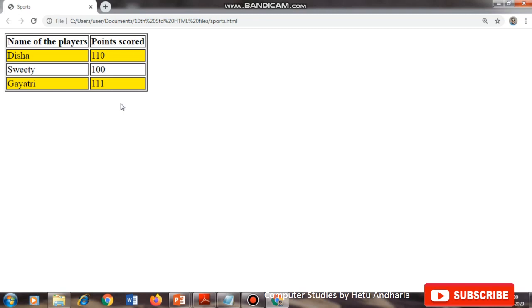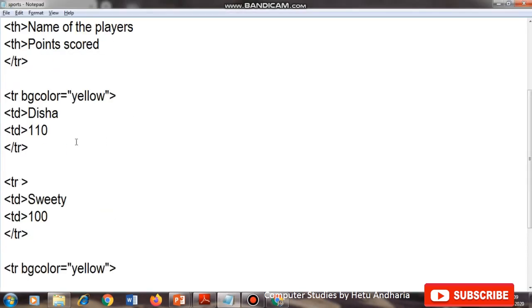Now if you want to change the color of a specific cell, for example I want to make this one blue and this one red, then how to do it?